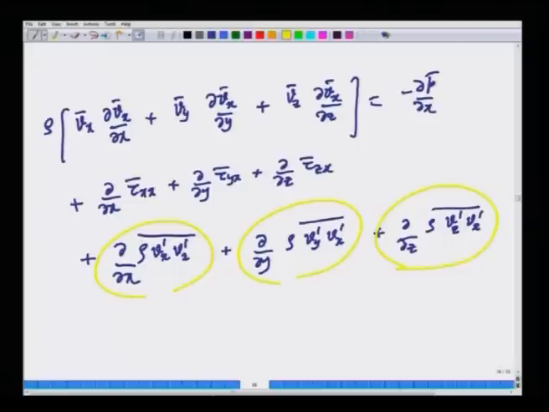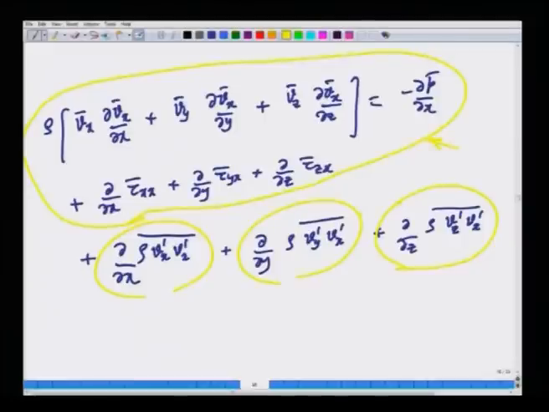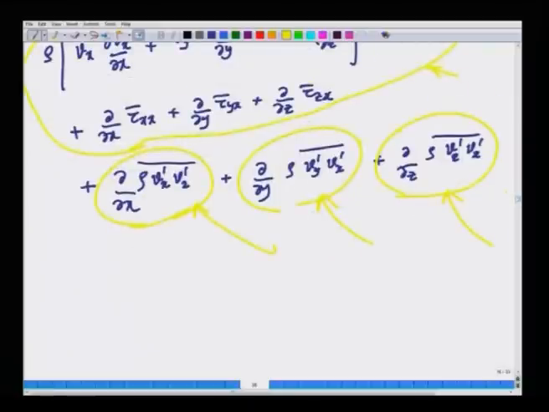So, if you look at this time average Navier-Stokes equation without these yellow terms which I have circled here, this is exactly the same as the usual Navier-Stokes equation, except that all the quantities are replaced by their time average values. But the time average values in a turbulent flow are not exactly the same as in laminar flow. So, this looks like the normal Navier-Stokes equation, but the time average values are affected by the fluctuations through these three terms. Okay. And in fact, we can write this right hand side